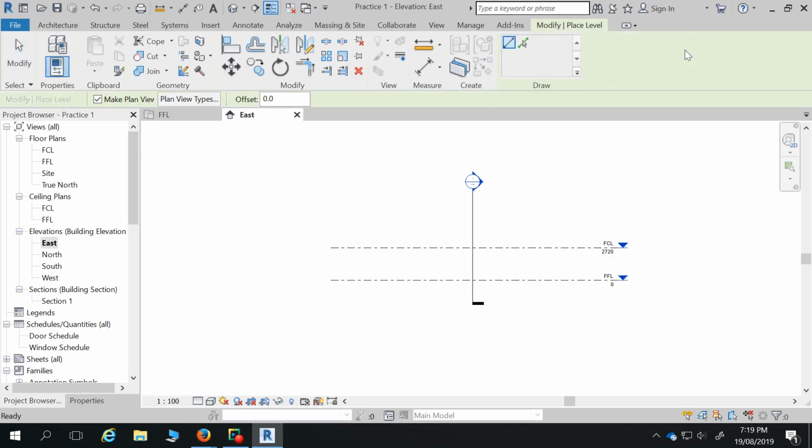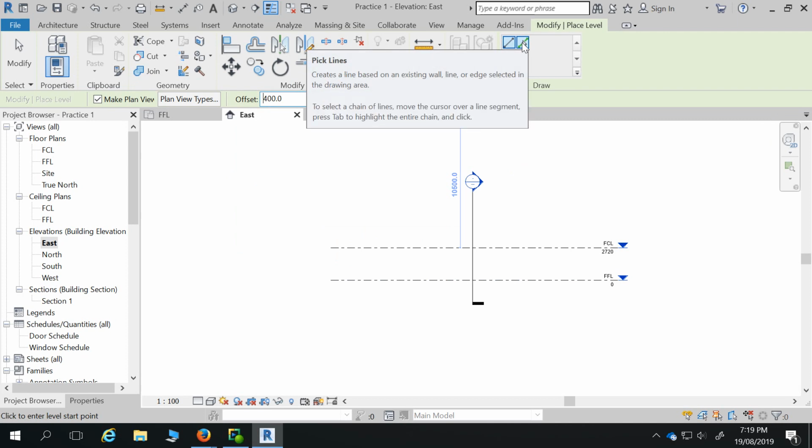When you click on that level, you get the option to start drawing in a new level. But rather than having to click to start and drag it across and give it some heights, we can use this offset in the option bar here. We'll use our bottom line as our reference and give it 400 as an offset. So if we type 400 in there, and instead of using the draw tool, you can see the one next to it, the green line,